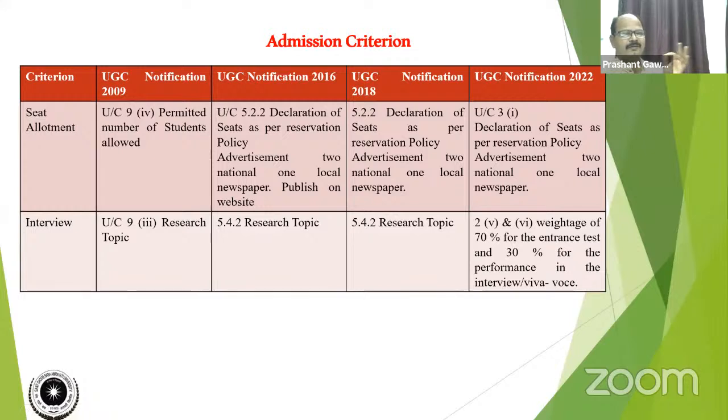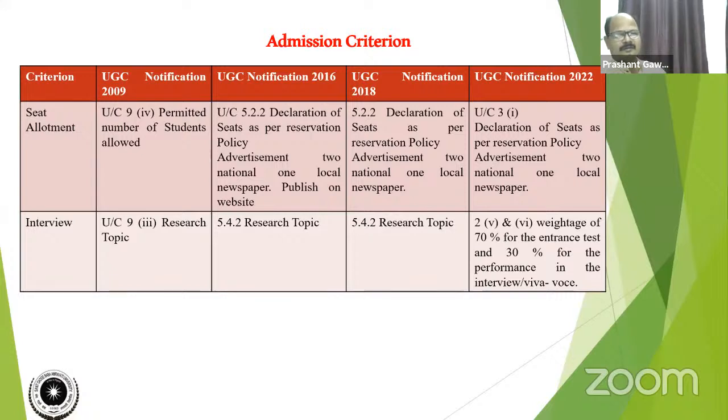The 70-30 component was introduced during 2022 for the allotment of PhD seats to students. They wanted a merit list to be created, and as per the merit list, there is a merit list and a waiting list